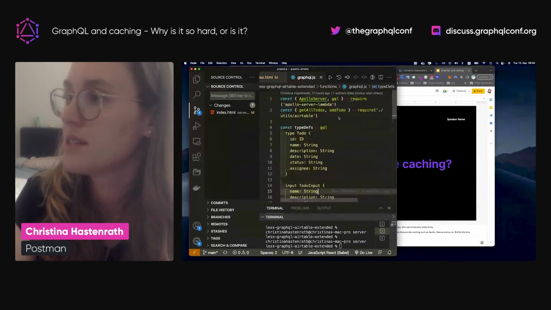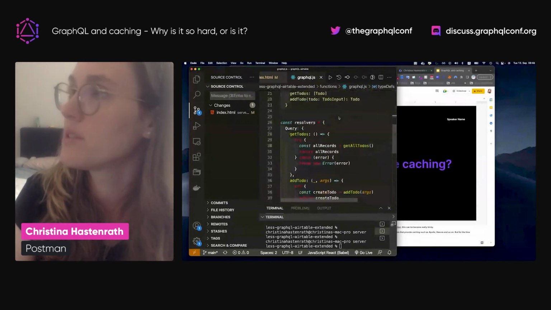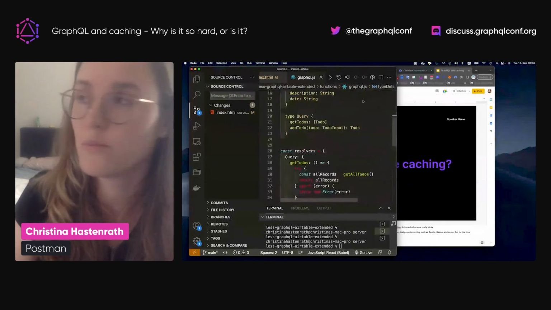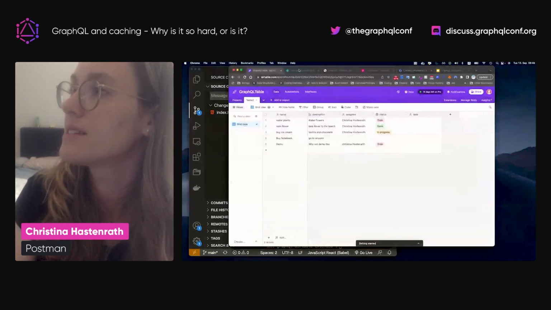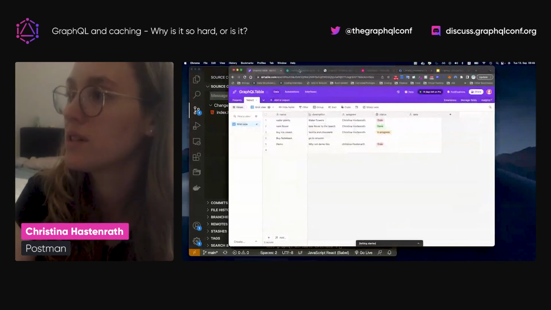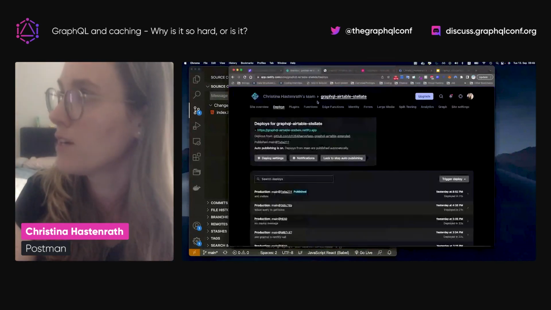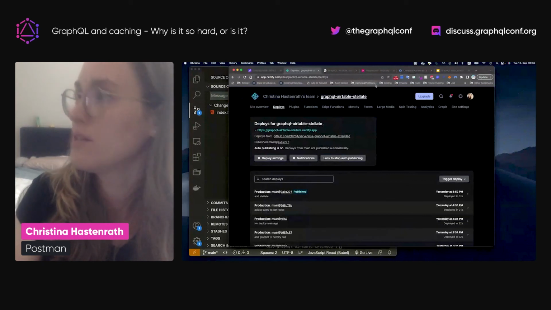And here you can see my GraphQL, the resolvers, and the server. And with this starter, I connected Airtable with the API, and I deployed it to Netlify. And then all you have to do is, once you get your